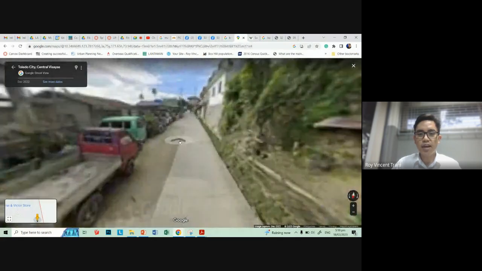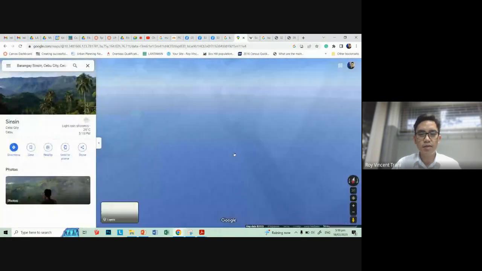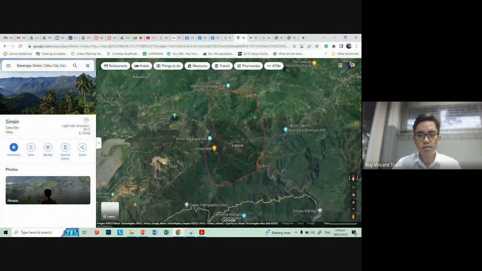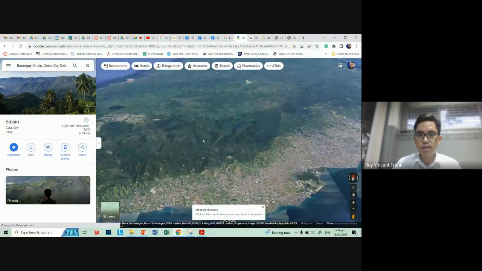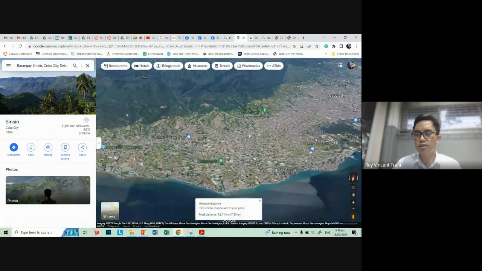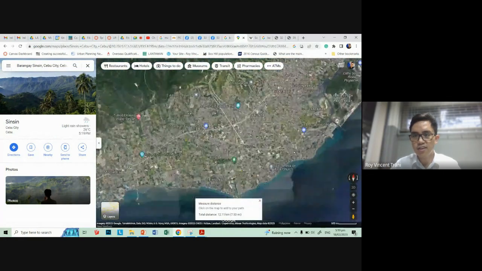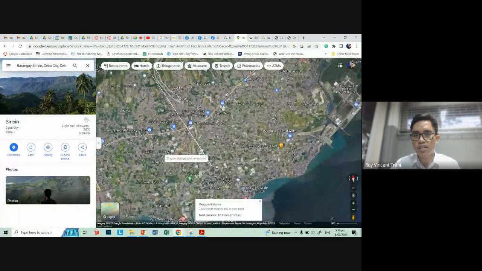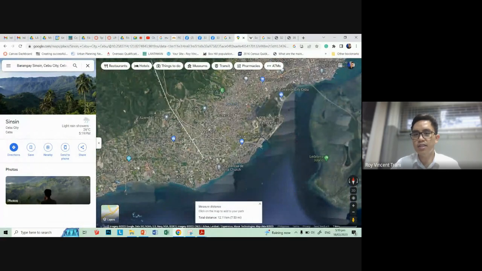So maybe if they had cable cars, they could connect to the lower areas. Like maybe, I'll just zoom out, like so. Maybe if the cable cars were pushed through, people from Sinsin, measure distance, could get food from Talisay, which I think is known for their, is it Talisay lechon or is it Karkar lechon? Where is Karkar? Karkar is somewhere more south, I think. Yeah, but there's a lot of commercial areas here in Tabunok, Talisay, basically the next municipality south of Cebu.